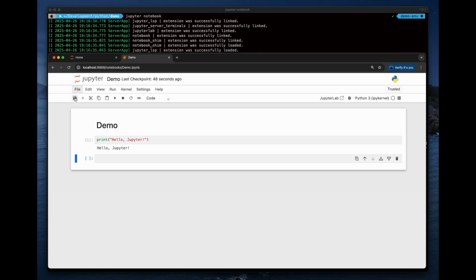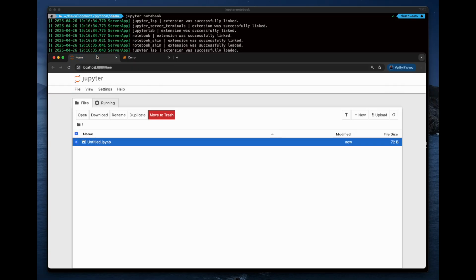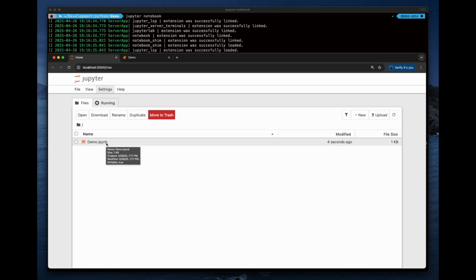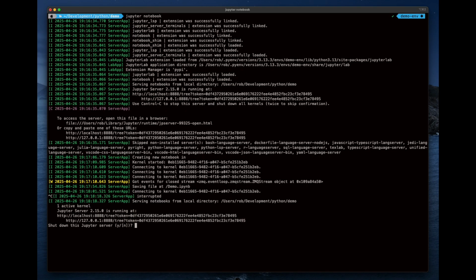If I save the notebook, then go back to the home page, we'll see its interactive Python notebook, or ipynb file, listed. In the future, when I come back into the virtual environment and launch Jupyter, this notebook will be ready to work with. Now, I'll terminate Jupyter,